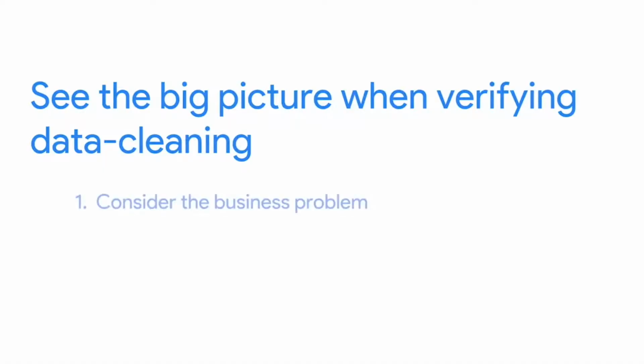Taking a big picture view of your project involves doing 3 things. First, consider the business problem you're trying to solve with the data. If you've lost sight of the problem, you have no way of knowing what data belongs in your analysis. Taking a problem-first approach to analytics is essential at all stages of any project. You need to be certain that your data will actually make it possible to solve your business problem.